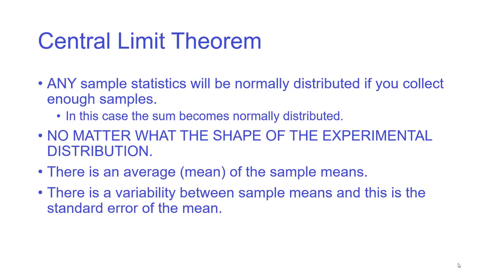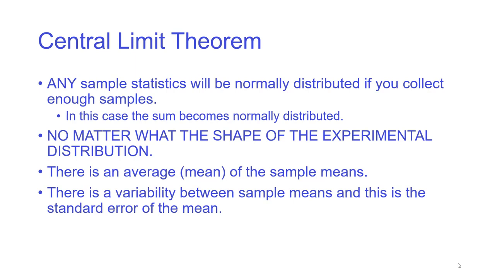For a uniform distribution, the sampling distribution very rapidly becomes a normal distribution. For more severe distributions, like an exponential, where you have some things which have very high numbers and then it rapidly falls away to low numbers, you can need quite a large number of samples before you see a normally distributed set.